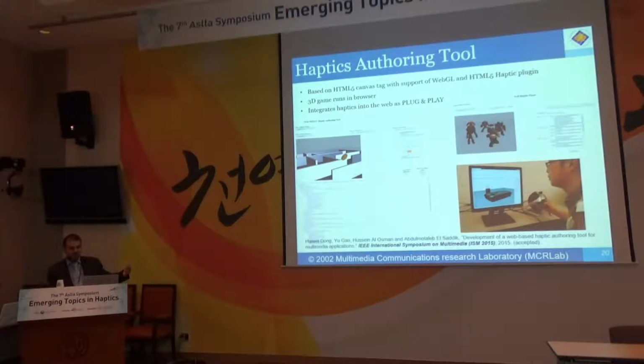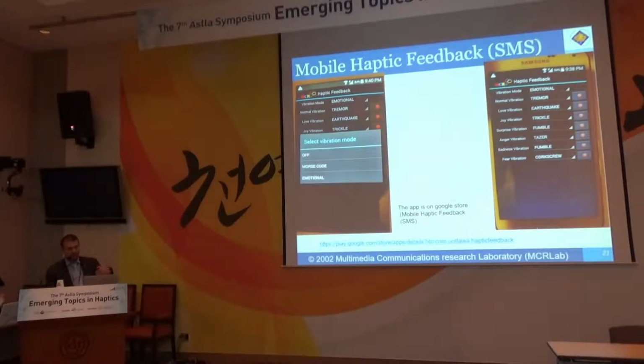A step further was with the introduction of HTML5 and JavaScript, where we moved the whole haptic description language into the browser as a plug-in of Chrome browser in 2013. One of the very interesting applications is how to trigger different senses or different emotions of messages in your pocket when you have a cell phone, so that you know from whom the message is coming and what content is in it.